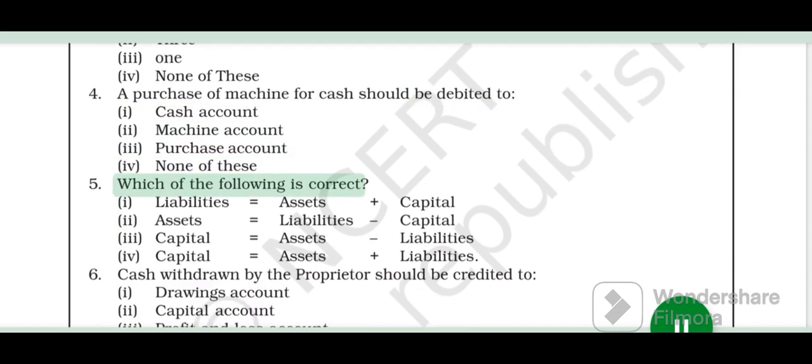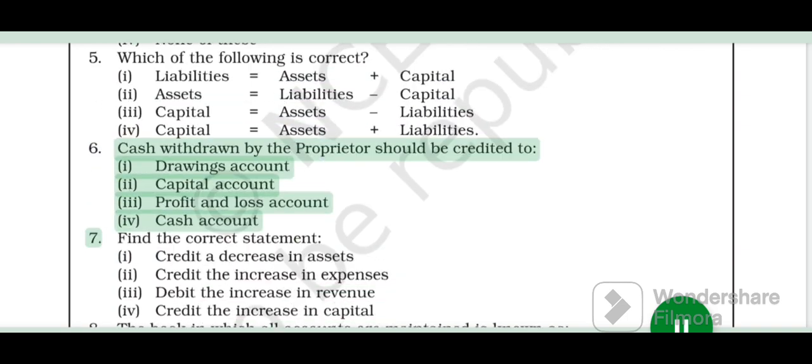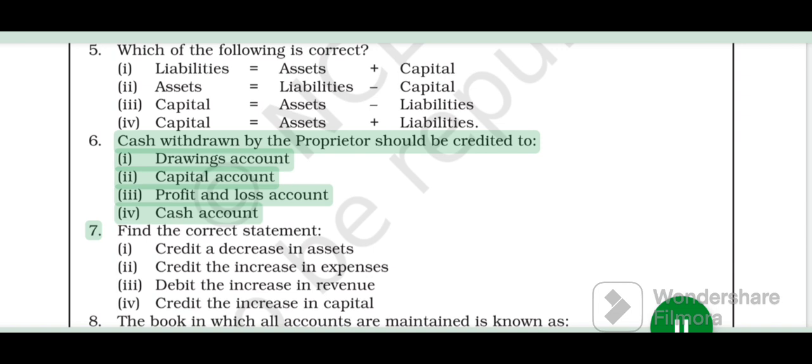5. Which of the following is correct? I. Liabilities equals assets plus capital, II. Assets equals liabilities, capital, III. Capital equals assets, liabilities, IV. Capital equals assets plus liabilities. 6. Cash withdrawn by the proprietor should be credited to: I. Drawings account, II. Capital account, III. Profit and loss account,